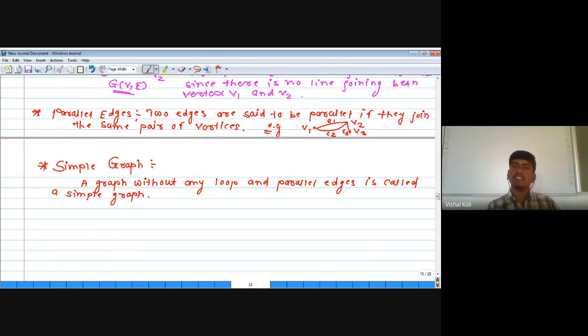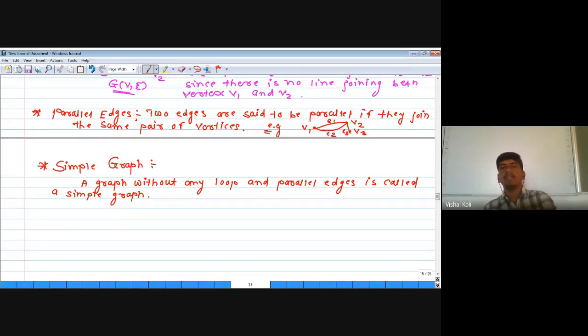That is, edge E1 is incident on two vertices V1 and V2. Similarly, E2 is also an edge which is incident on the vertices V1 and V2. Then these two edges E1 and E2 are said to be the parallel edges. But edge E1 and E3 are not parallel edges, since edge E1 is incident on vertex V1 and V2 and edge E3 is incident on V2, V3. Then by the definition of parallel edges, E1 and E3 are not parallel edges, since they can't join the same pair of vertices. But edge E1 and E2 join the same pair of vertices, therefore E1, E2 must be the parallel edges.